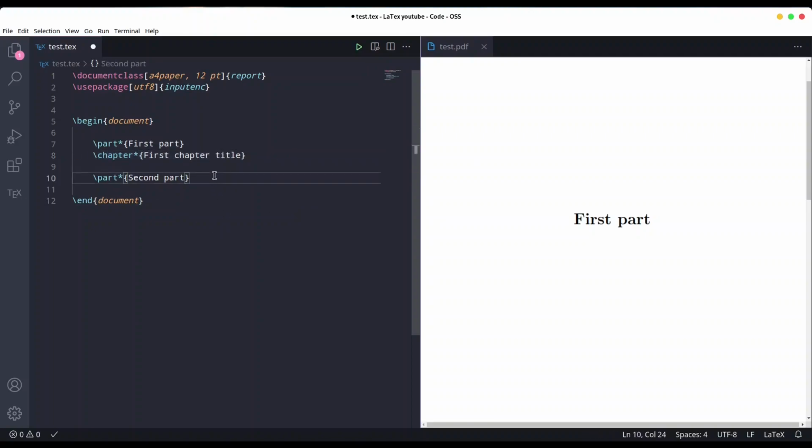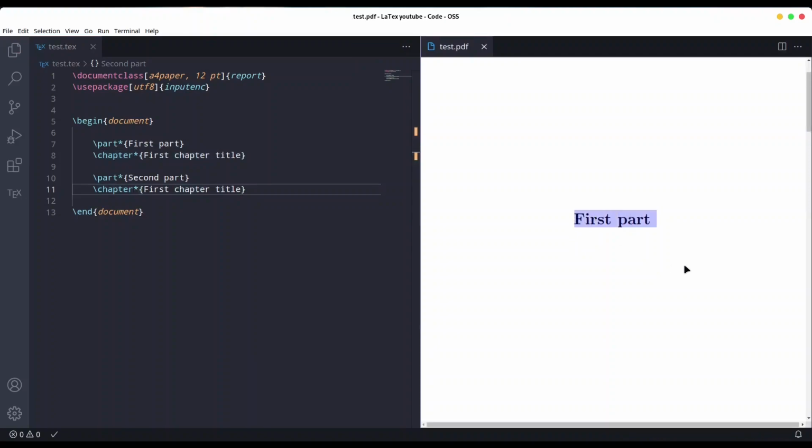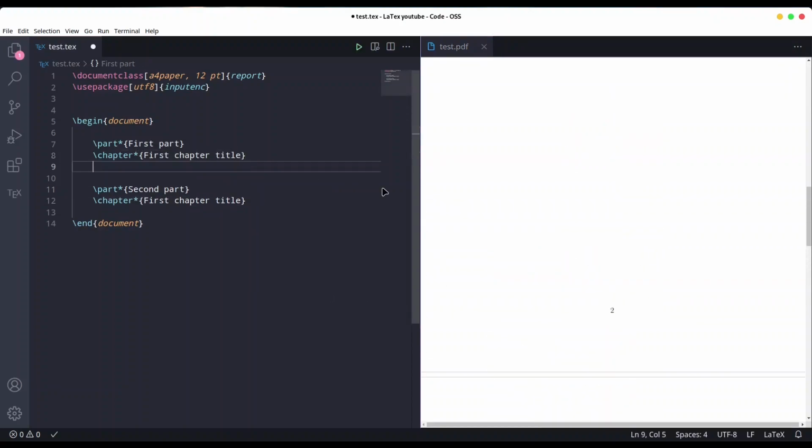And I'm going to do the same for the second part, save it, and now the first page is for the part title. At the beginning of the second page, our first chapter is going to start. It is exactly the same with the second part and first chapter title. And now I'm going to show you another division, that is